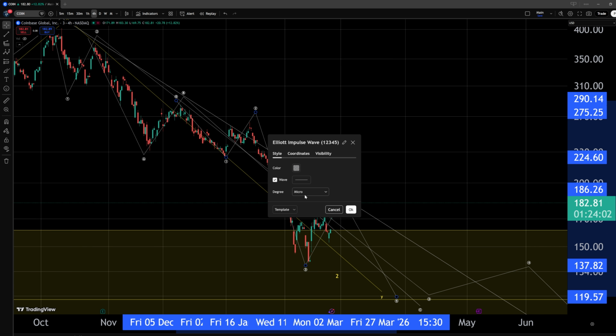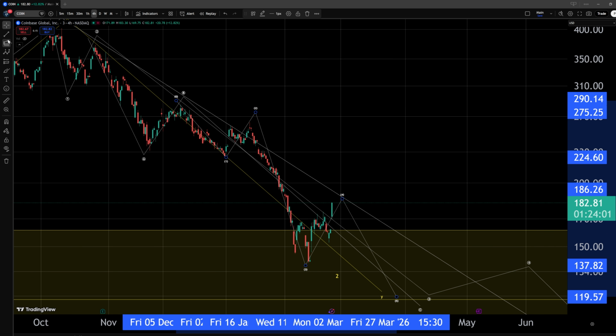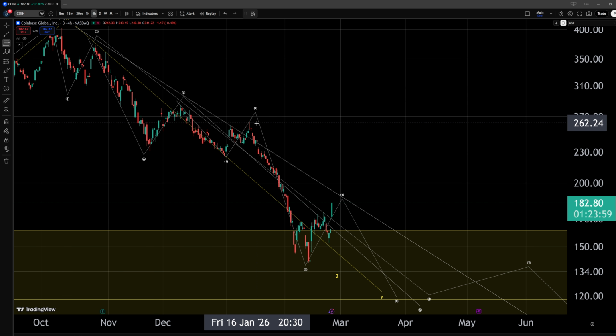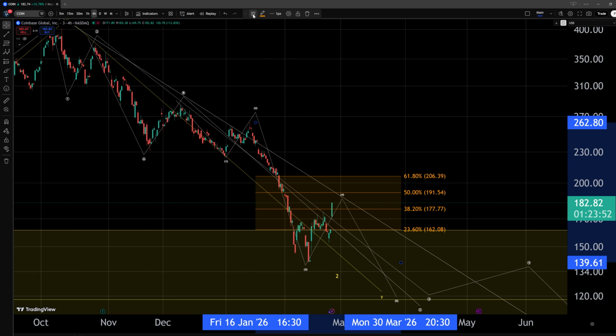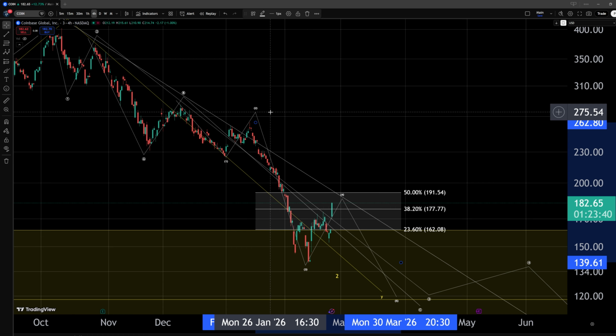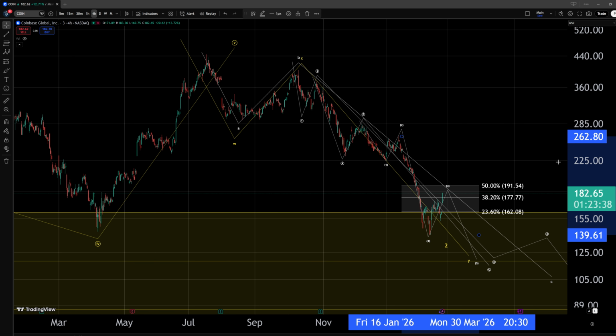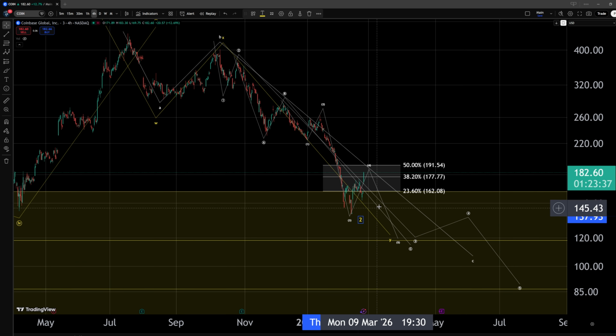And for this wave 4 correction, I would be watching the 50% retracement as the last level of resistance, the level that would signal to us, if broken, that something potentially more bullish would be going on. This is not a direct breakout sign. This does not guarantee that we have formed the bottom in the wave 2 in yellow, but it is the stepping stone. So we are watching here the